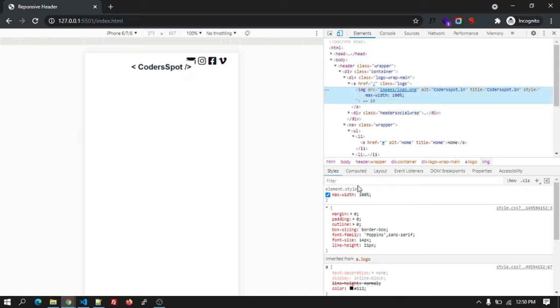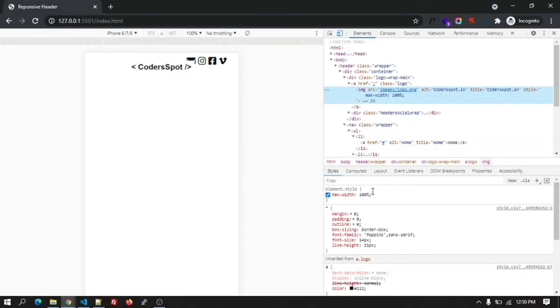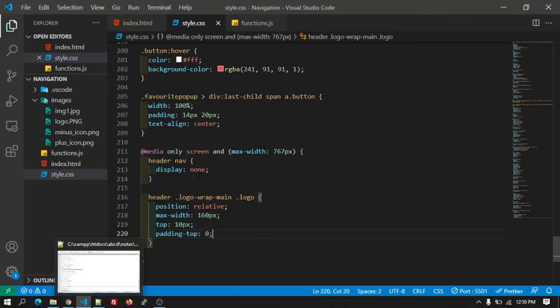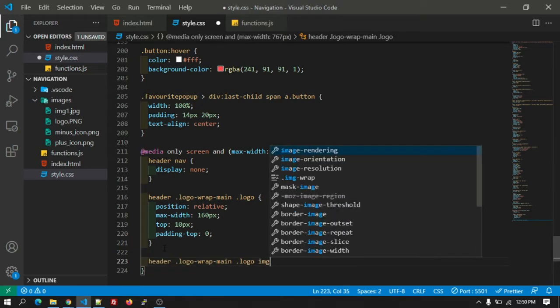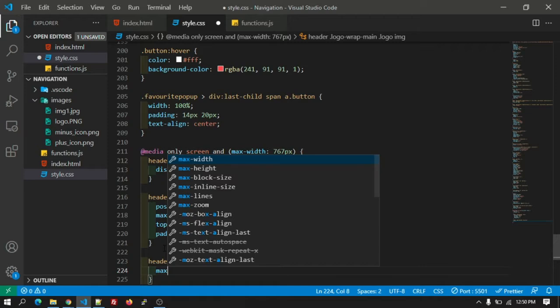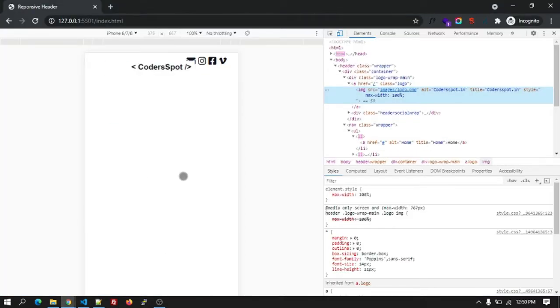The image is there inside the logo class. Let's copy this and use the image tag. Let's give the max-width as 100%, so it will look neater and cleaner. Okay, this is done. So we have aligned the logo.